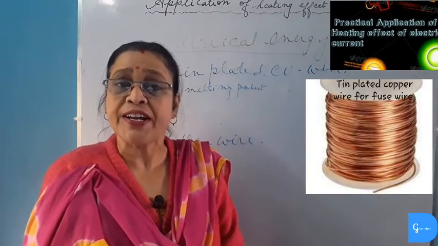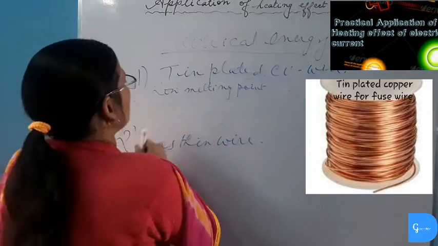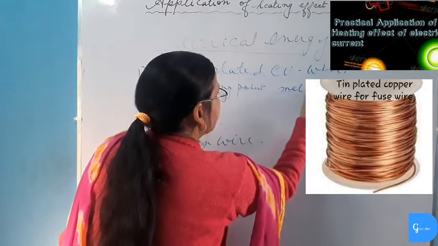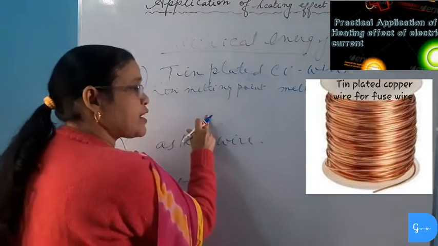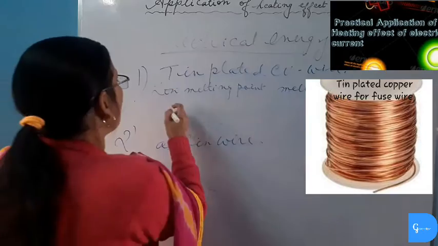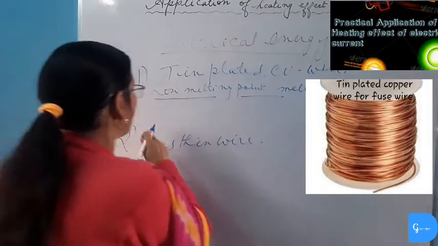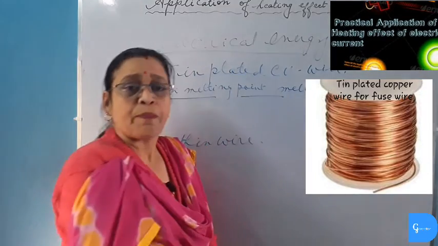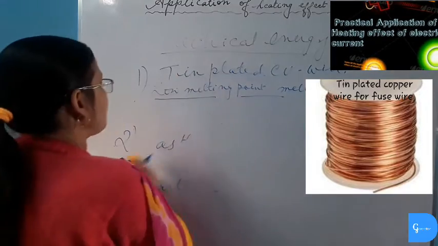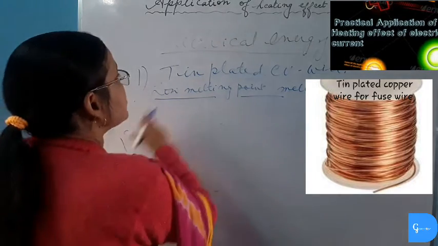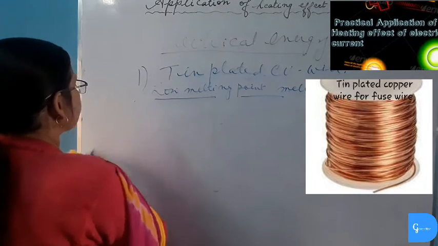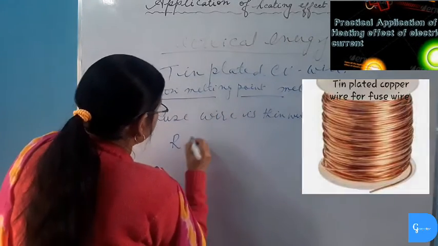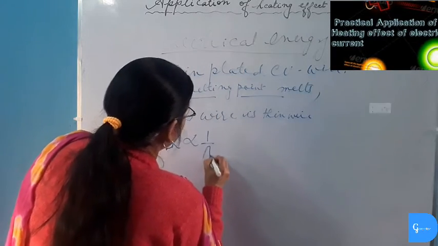When the flow of current increases in the circuit, due to any reason, low melting point tin plated copper wire becomes hot and it melts. As it melts, the circuit is disconnected and the current flow is stopped in the circuit. When the fuse wire is melted, then it protects the household wiring from overheating, and it also protects the electrical appliances from getting damaged. It is very important that fuse wire must be tin plated copper wire. In second case, I have told you that fuse wire is very thin. We know that resistance is inversely proportional to area of cross section.